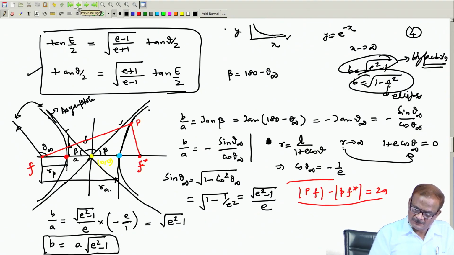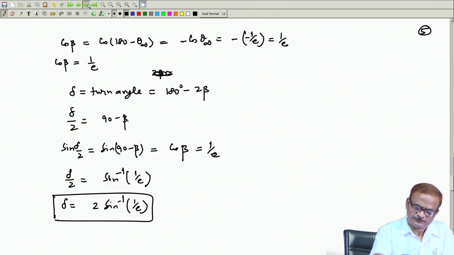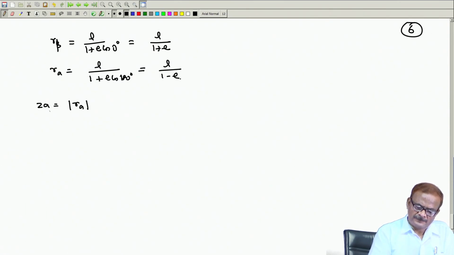If we look at this point, this is r apogee and this point is r perigee. On the blue dot I am putting a black dot, and on the red dot I am putting a black dot as well. I hope it is visible. So this is your apogee and this is perigee. If your P point coincides with this, it becomes easier to work out. So let us look into this. At that time the r perigee and r apogee are defined, so 2a we will write as r a minus r p, distance wise.